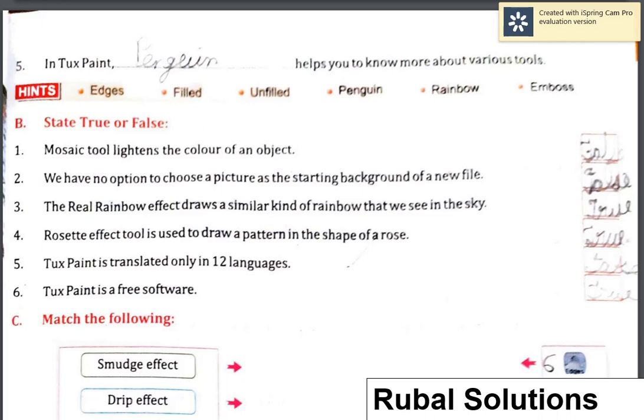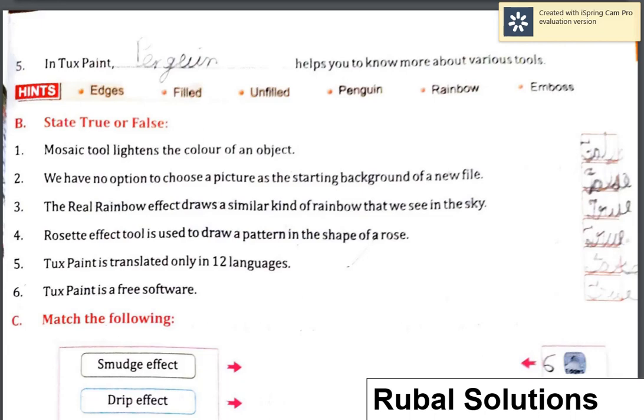The answer is penguin. Now comes true and false. Mosaic tool lightens the color of an object. What is it? True or false? The answer is false. We have no option to choose a picture as a starting background of a new file. The answer is false.